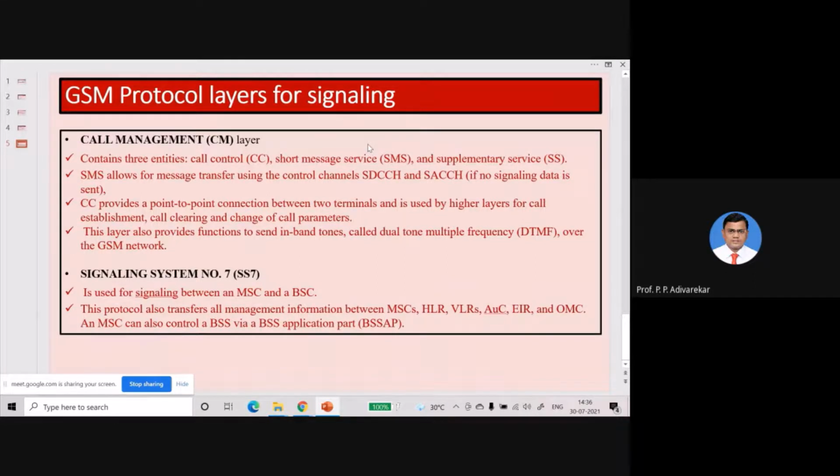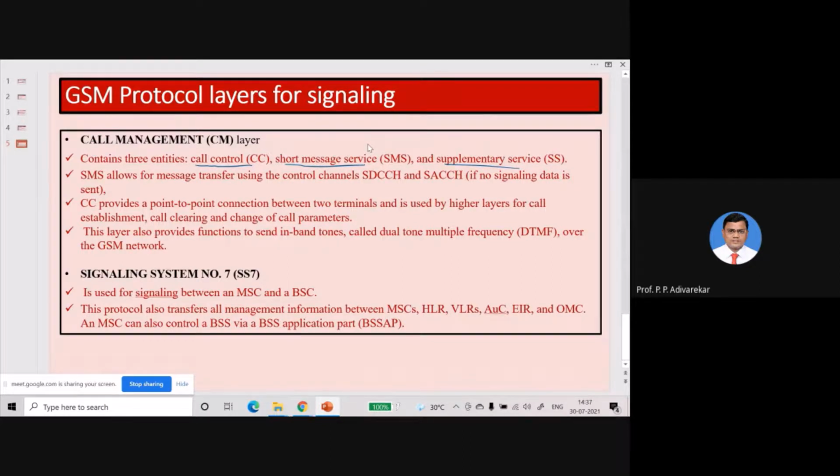It basically consists of three entities: call control, short message service, and supplementary services, that is CC, SMS, and SS. A connection may be set up for a voice call, for sending an SMS, or for sending a request to the network, like activation of certain services or activation of subscription for certain services.